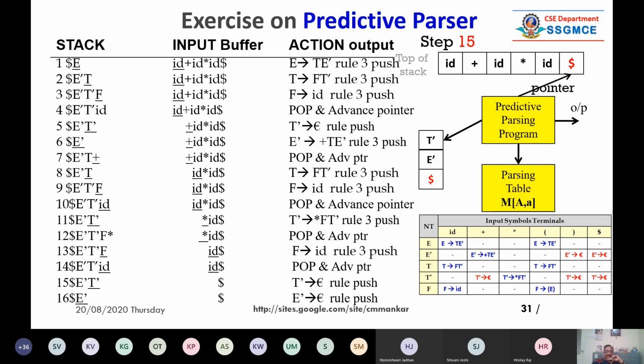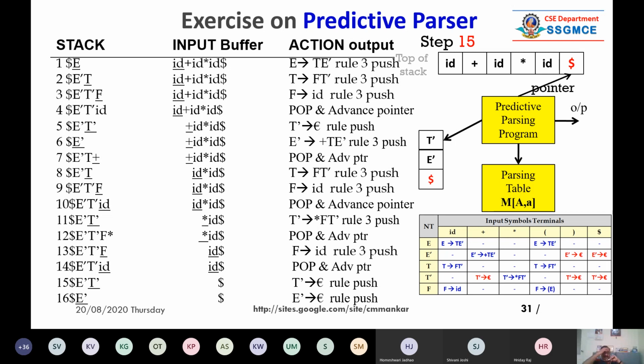So in this way, if you read the 15th row, T dash is on the top of the stack and the input buffer is pointing to the dollar. So for T dash and dollar, there is an entry, a red entry. That is, T dash is giving you epsilon. So you have to push epsilon.